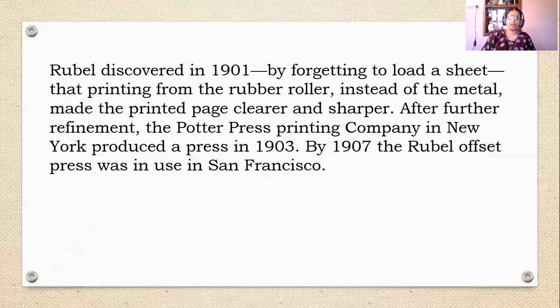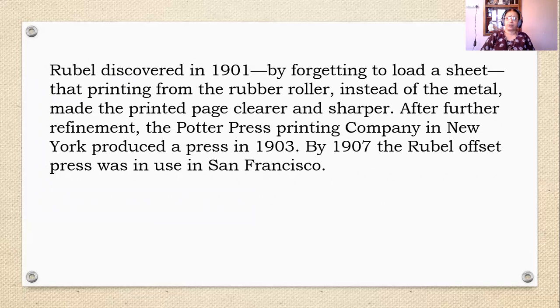Rubel discovered in 1901, by forgetting to load a sheet, that printing from the rubber roller instead of the metal made the printed page clearer and sharper. After further refinement, the Potter Press Printing Company in New York produced a press in 1903.